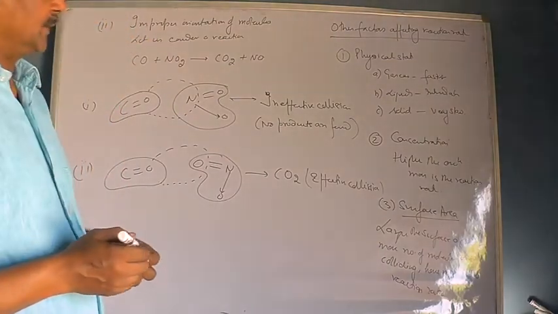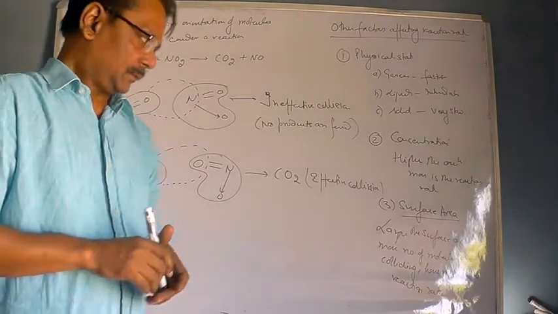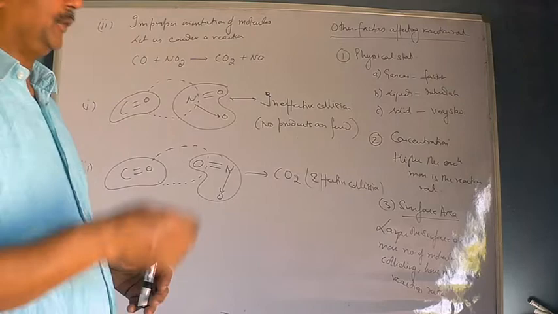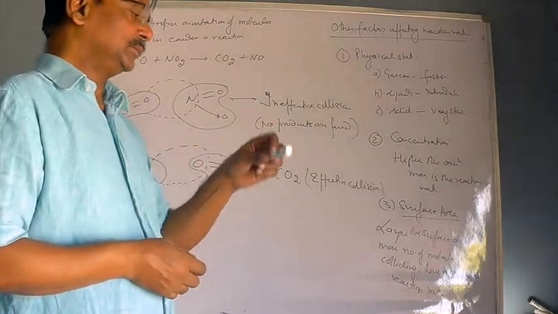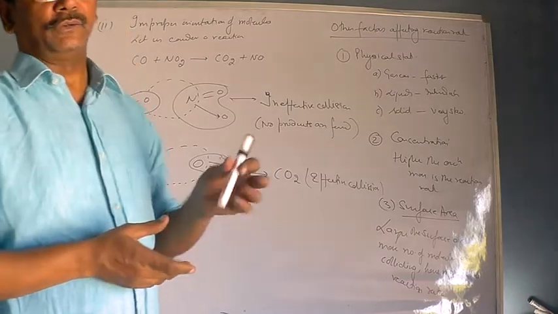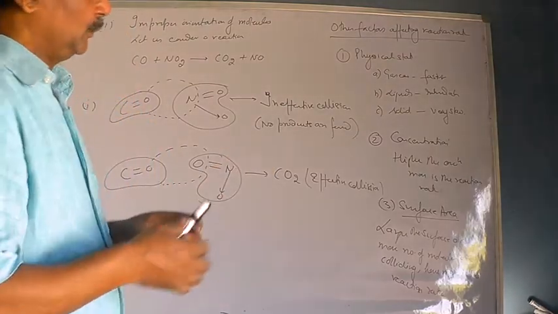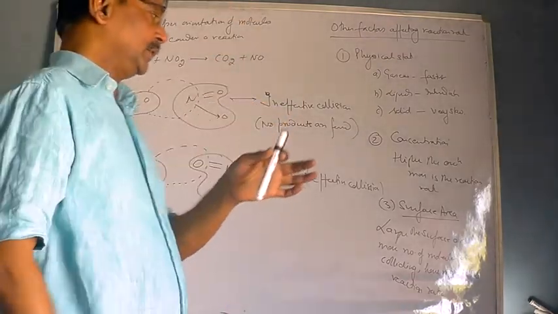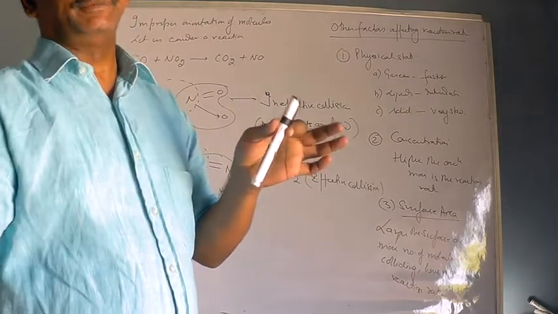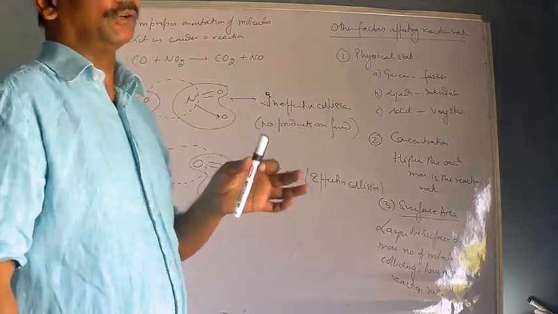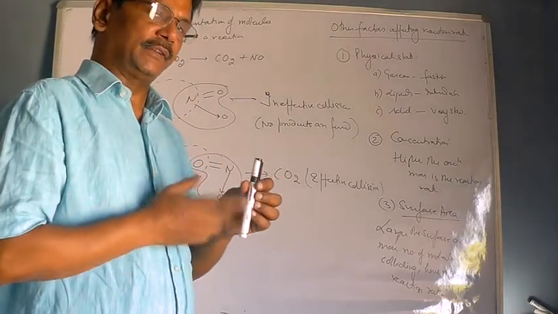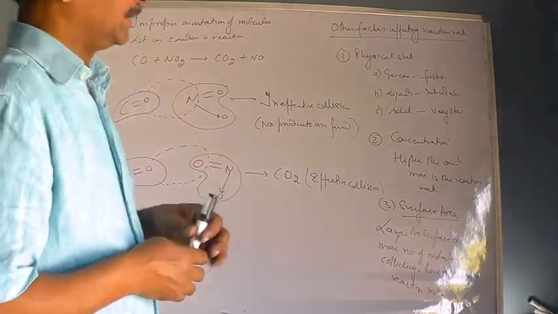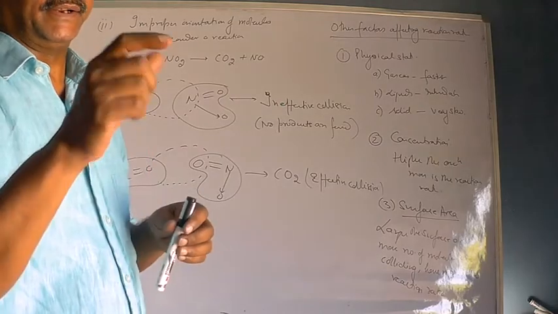It can be understood by a simple experiment. Let us take a piece of iron nail in a test tube filled with either hydrochloric acid or sulfuric acid. You place the iron nail in it, you will find there will be some reaction, but the reaction will not be very fast, because the iron nail reacts at the surface only, so it will take a very long time to dissolve that iron nail.